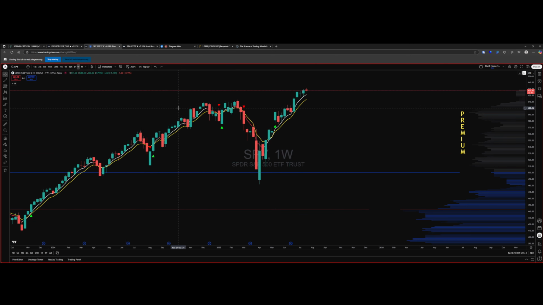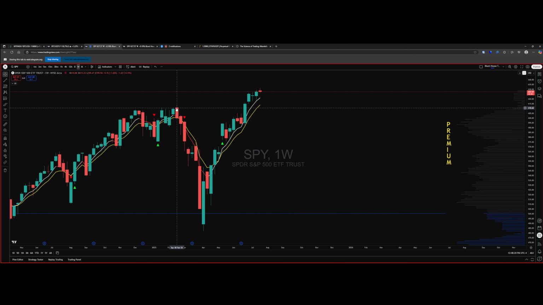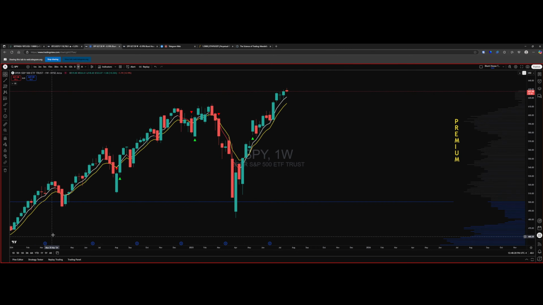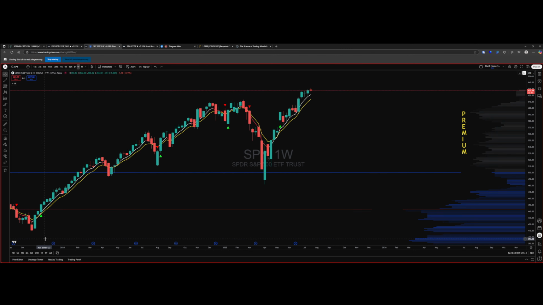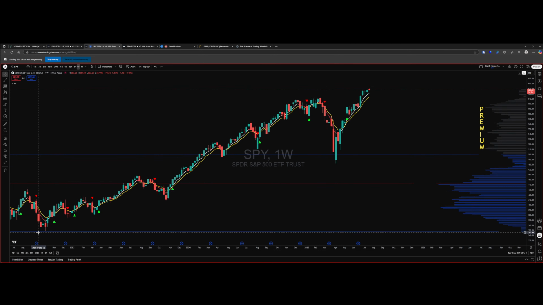Okay. SPY Weekly, which is the S&P ETF. What do we know about where we're trading? Well, we're trading above the lower value range, the point of control, and the upper value range, and we're trading in all of this gray. Basically all of this is lighter volume than what you're seeing down here. That's how it's represented in color.